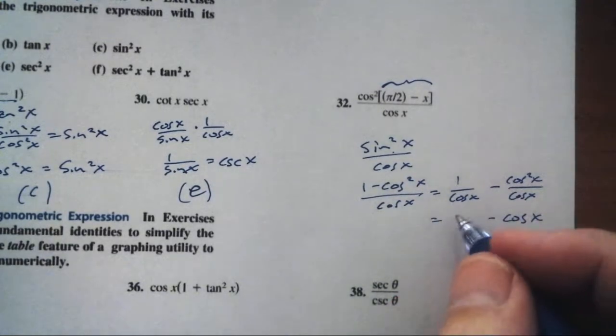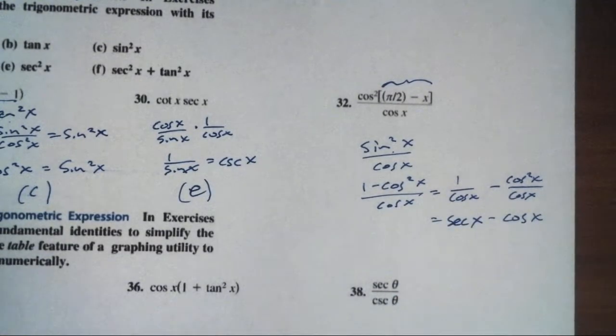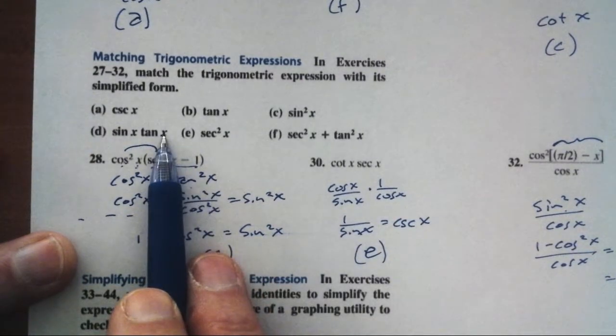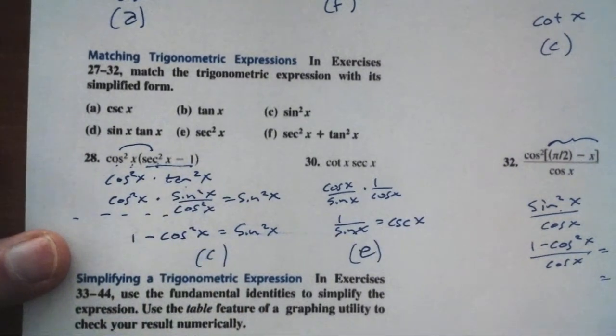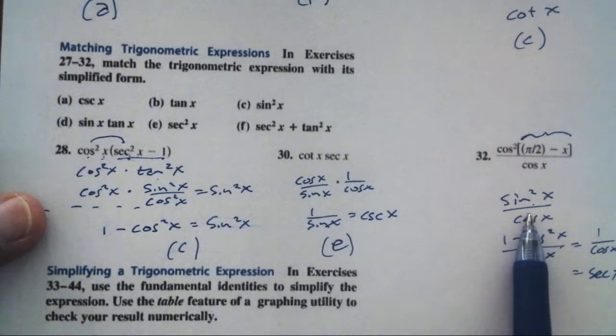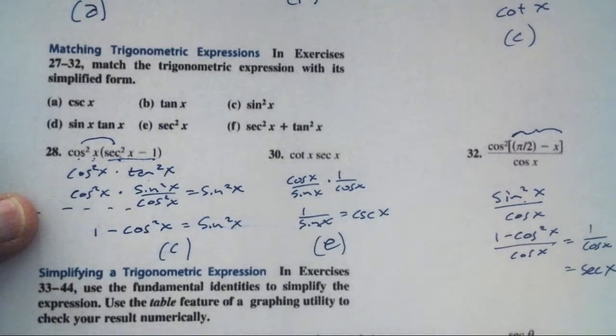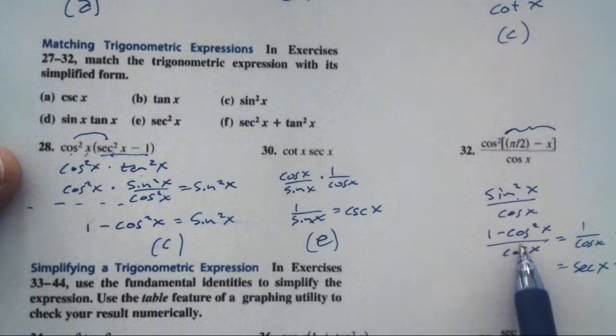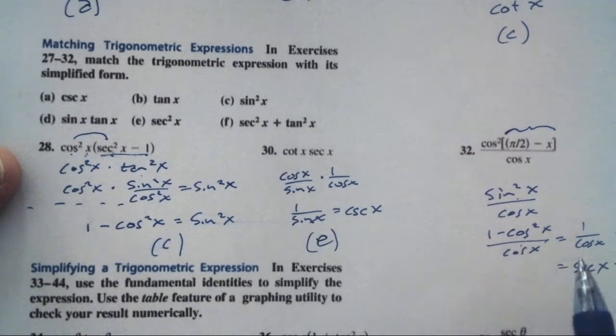1 divided by cosine, that is secant of x. Secant of x minus cosine of x, is that a choice? We don't have a choice for that. So did we come up with something along the way that might work well for us here? This is one of the interesting things, because sometimes simplified is in the eye of the beholder. So this could be, let's see, we could make this,